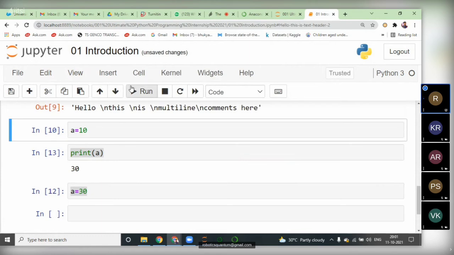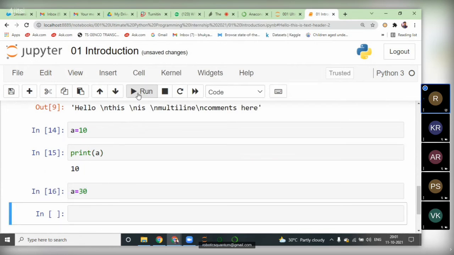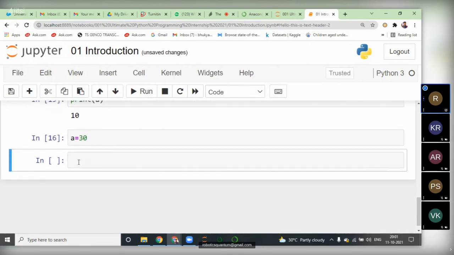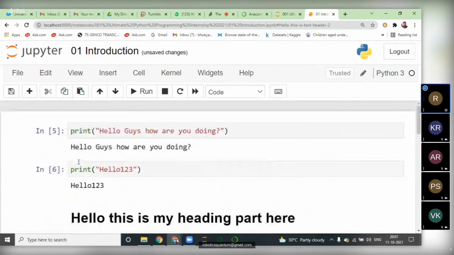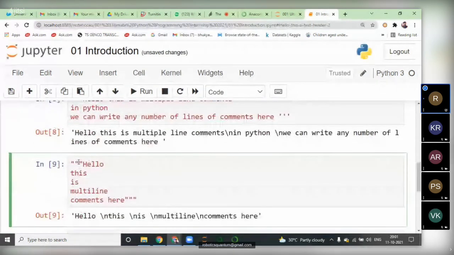If I run this one, the 14th, we'll get 10 as the modified value. So the execution in a Python Jupyter notebook follows that order system. All the cells in the same file are dependent, all the lines are dependent lines.